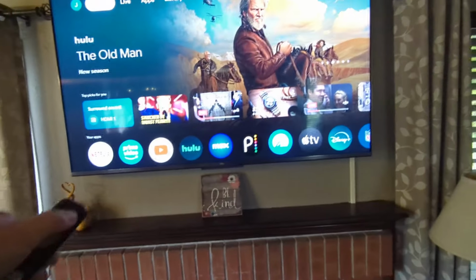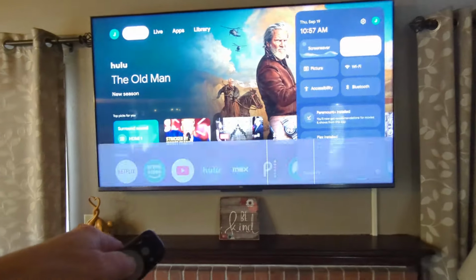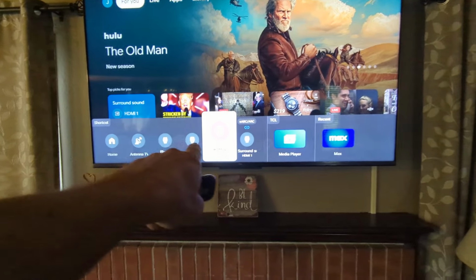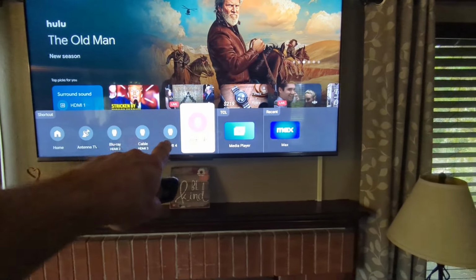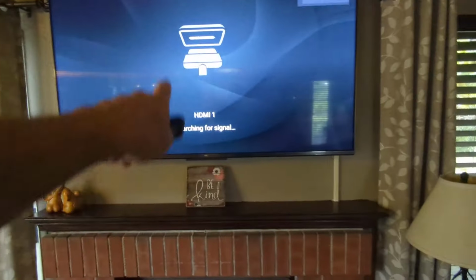Now let's go to our HDMI 1, and we'll go to our inputs, and we'll program our surround sound. Now notice the enhanced ARC or the ARC is usually on the HDMI 1. So since it's connected to our receiver through that same HDMI cord, when we do our setup or programming of our receiver, turn on the